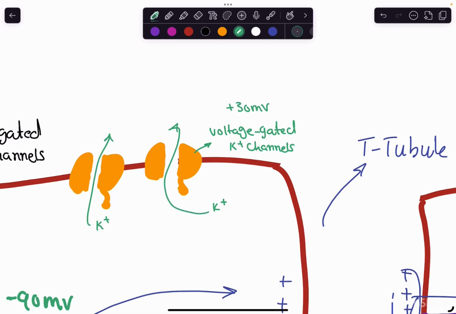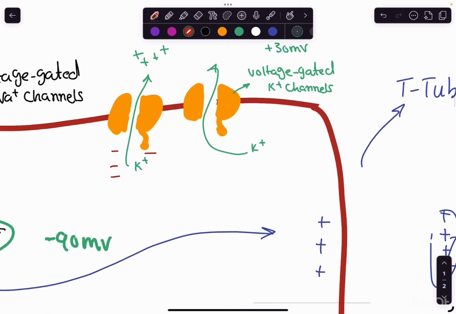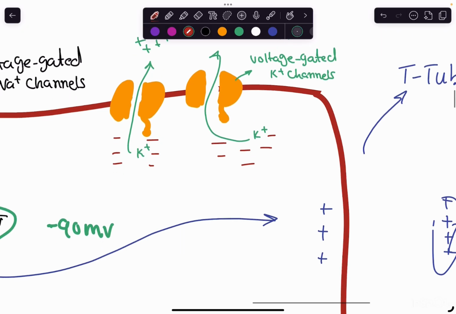Of course, potassium ions are positively charged, so once they leave the cell, they make the outside of the cell more positive, and they make the inside of the cell more negative. They leave behind a lot of negative charges. So those negative charges take us from positive 30 millivolts to about negative 90 millivolts, which is the resting membrane potential. It might take it to even more than that. It could reach negative 100, negative 110, and so on. This allows for